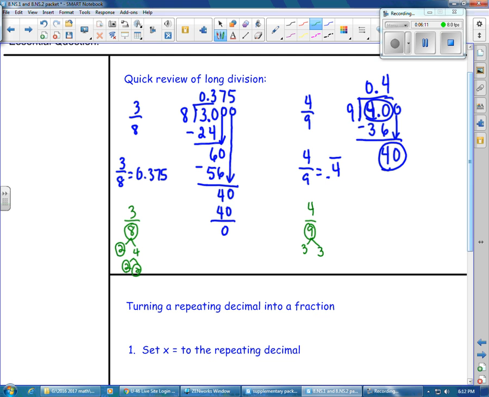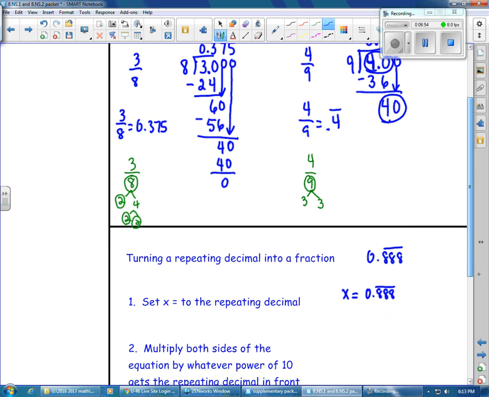So, turning a repeating decimal into a fraction, and the one that we're going to use is 0.888 repeating. Our first step is to set x equal to the repeating decimal. So technically it's just 0.8 repeating. You don't have to have the three 8s because it's not like there's a specific pattern here. But I want you to see all of the 8s when we are moving a decimal. So if we're setting x equal to 0.888 repeating,